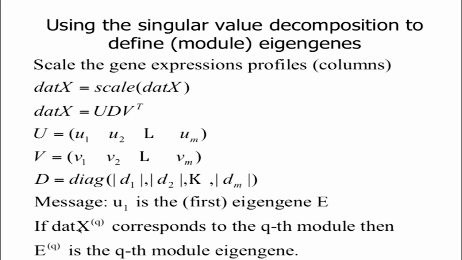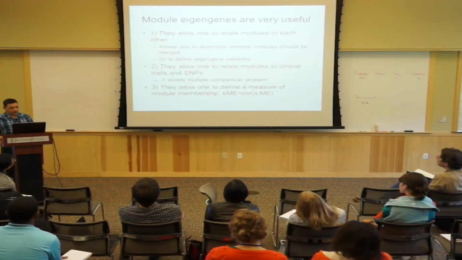So we scale or standardize the gene expression data so that they all have mean 0, variance 1, and then we do a singular value decomposition and define it as the singular vector. The word eigen reflects something like eigenvalue, eigenvector, you know, that's where it all comes from. If you've learned this in linear algebra, I don't require that you know what it means, just so that you know. Okay,